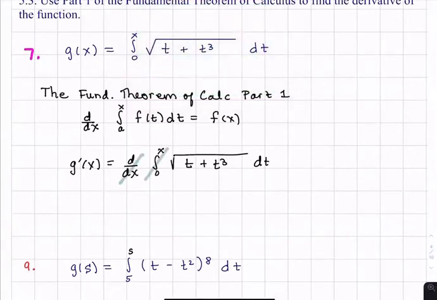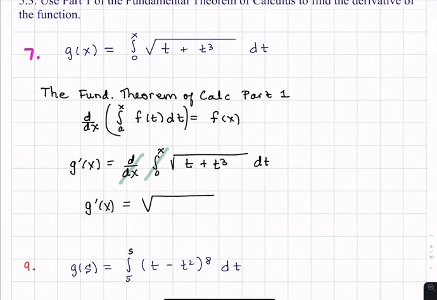For this particular function, which I would agree is sort of a weird looking function, the integral goes from a to x, and the input variable is x. That's our independent variable x. What's it doing up there? Well, that's the way it's written. Okay. So those two cancel out and we get the square root of,